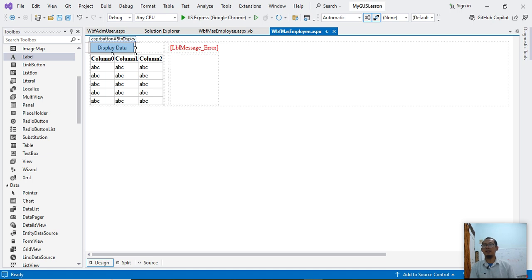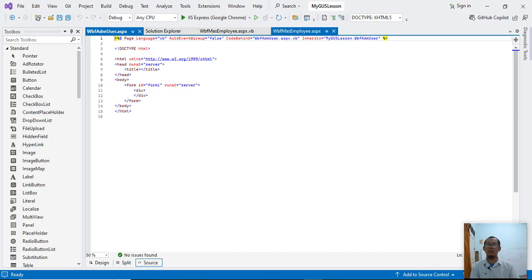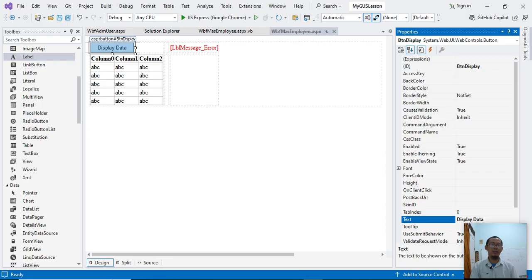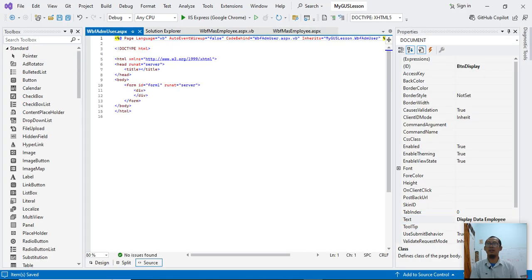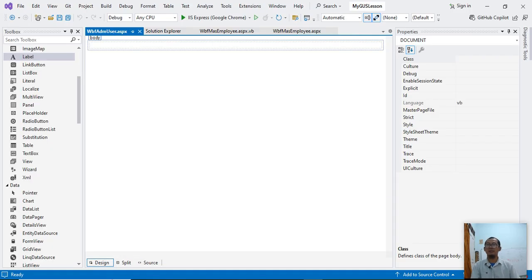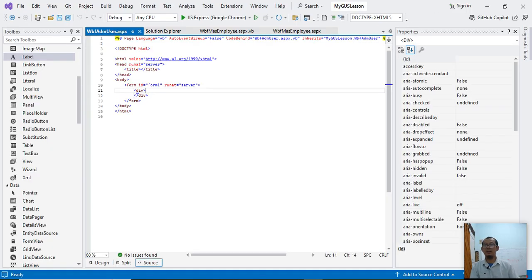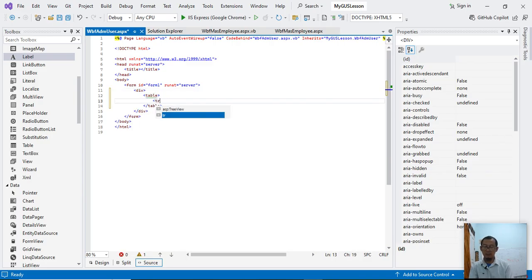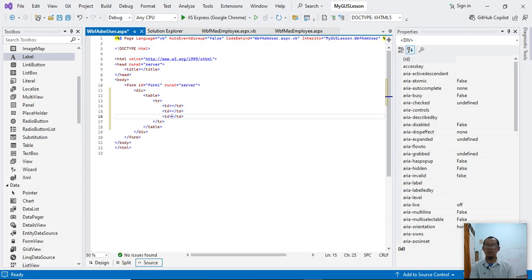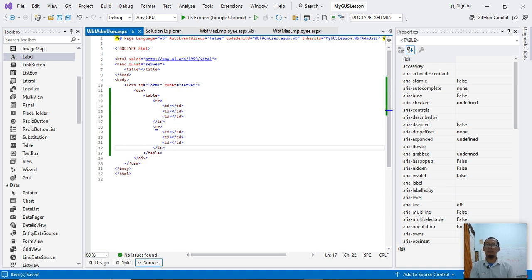To make it clear, display data employee. Okay. Let's create the table first. Table, create row, and the columns. For example, I want to create 3 columns. Copy.